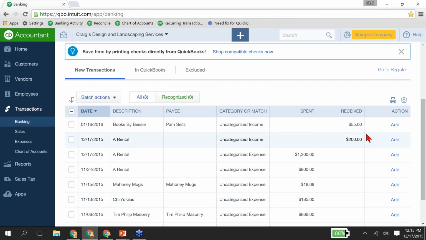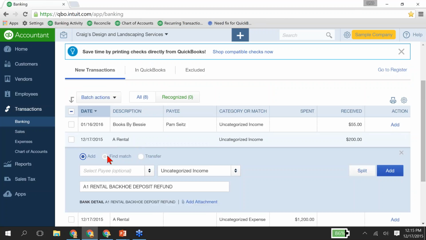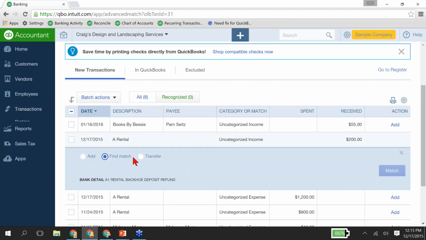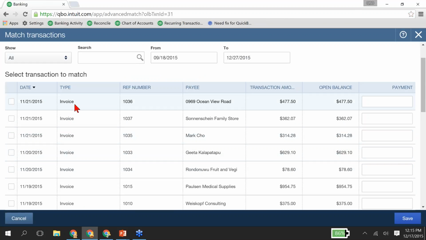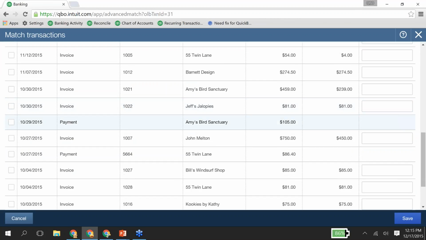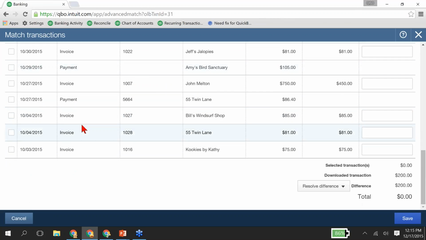Like on this A rental here that we received, $200, if I think that should be in there, and this is especially true when you have a partial payment or a partial receipt. So for example, I have $200 that was a deposit here. If I click Find Match, it will show me open invoices, open payments, or payments that I could have matched it to, or if I had a sales receipt, it could show me that. Because maybe this invoice here for $750, maybe they made a partial payment of just $200. So I could come out here and select to